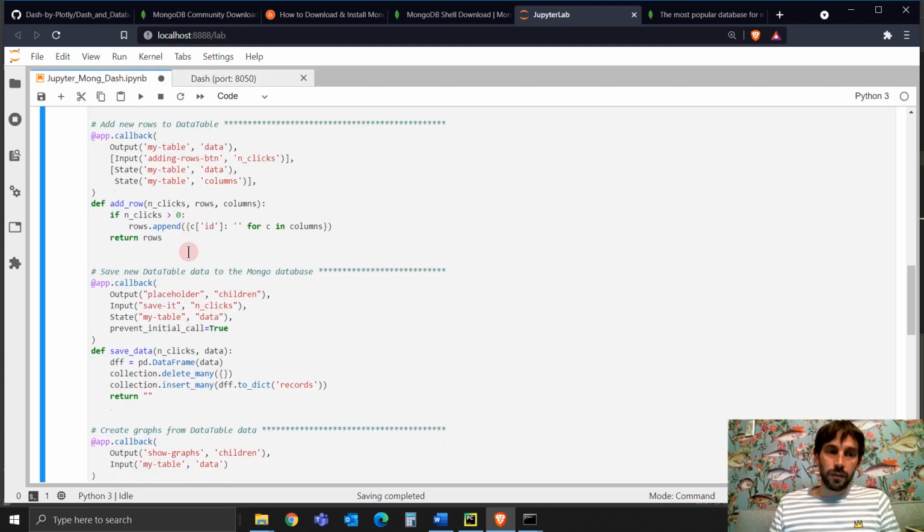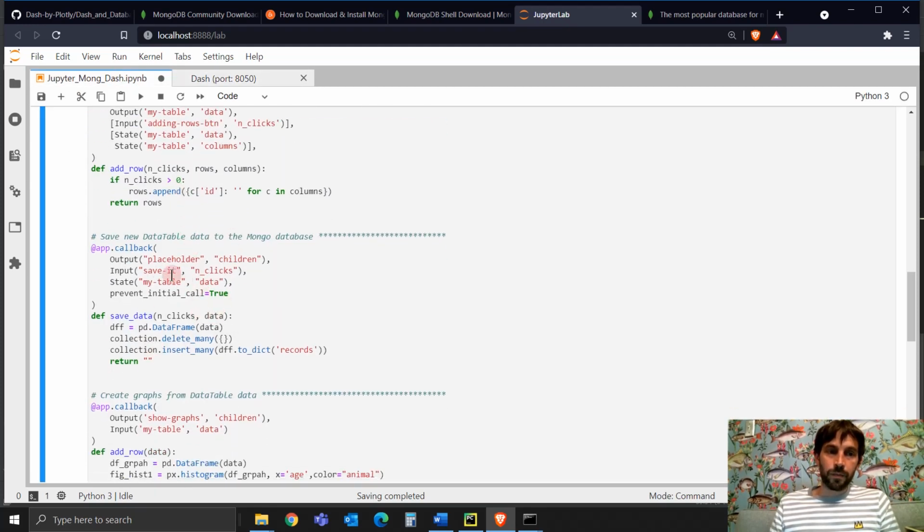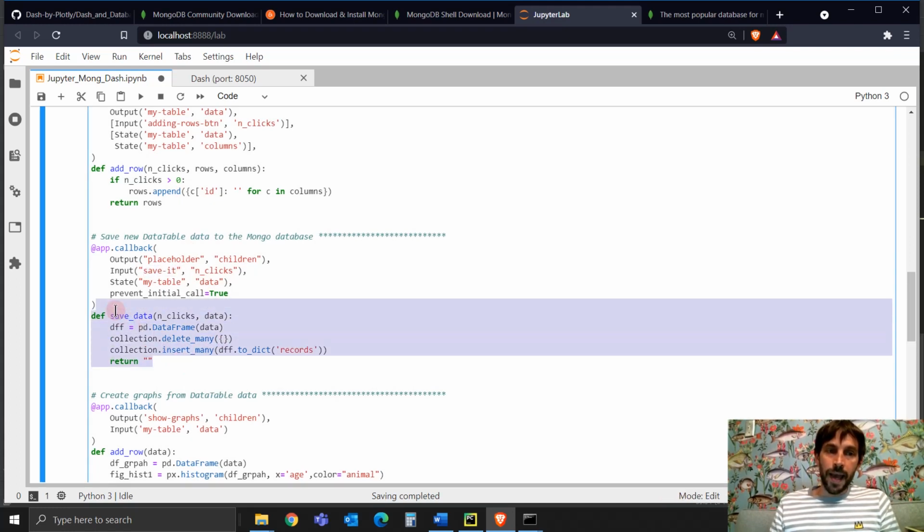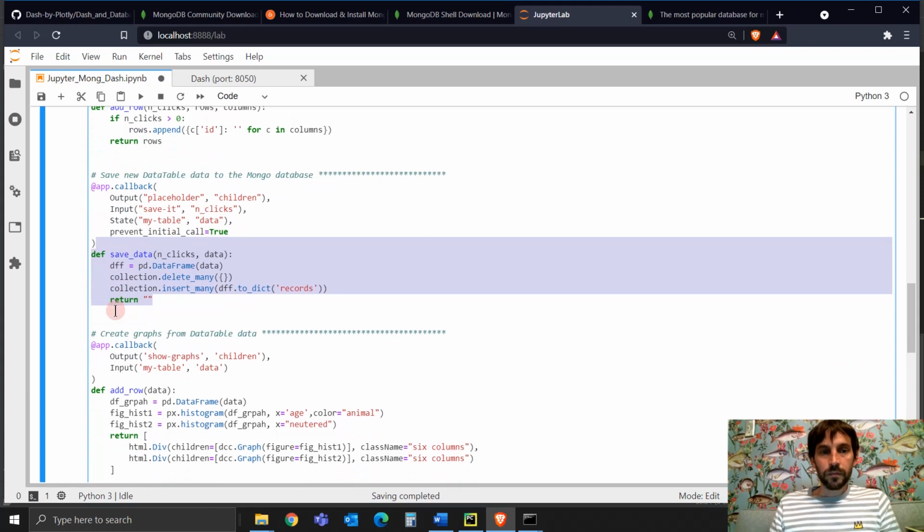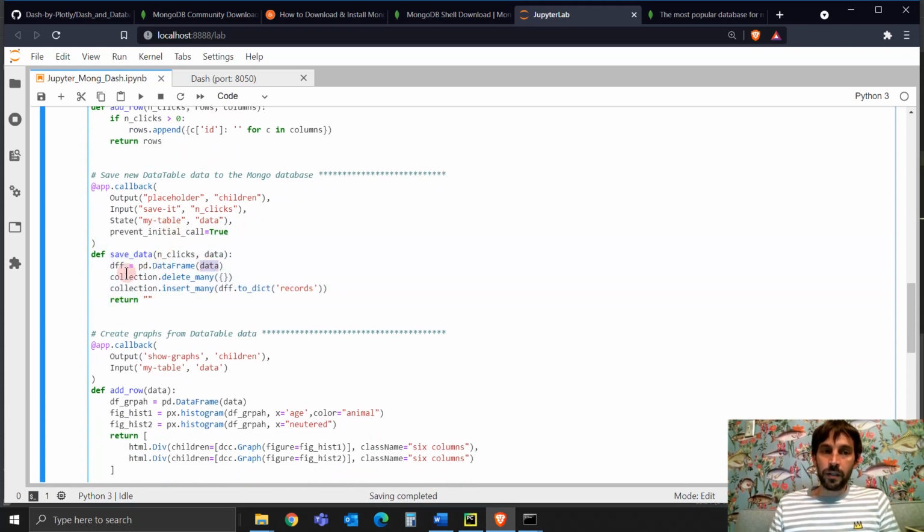So only when this Save It button right here is clicked, then this callback is activated. And I'm putting all the data from the data table into Pandas data frame. And then I'm deleting the whole collection, the whole table from Mongo database,